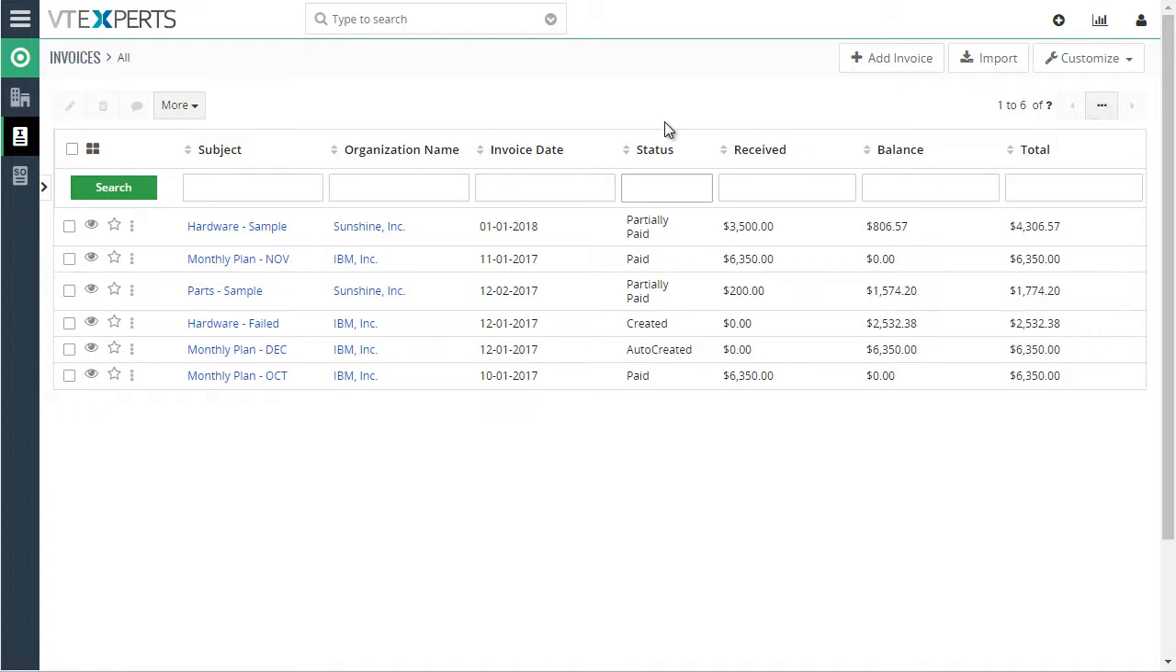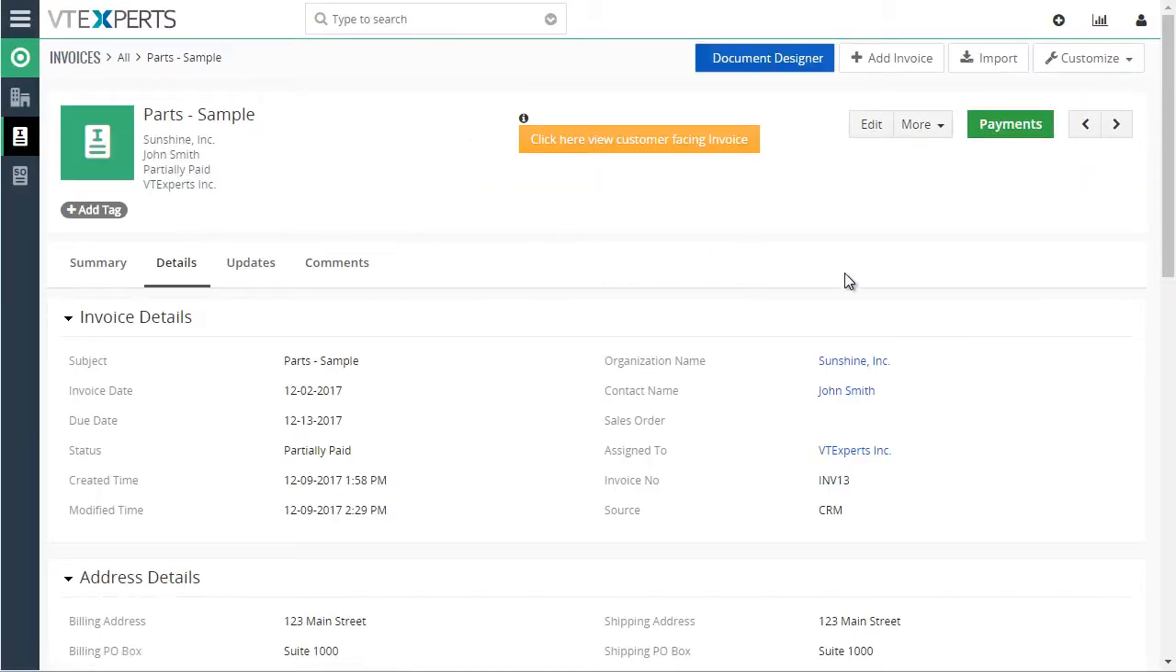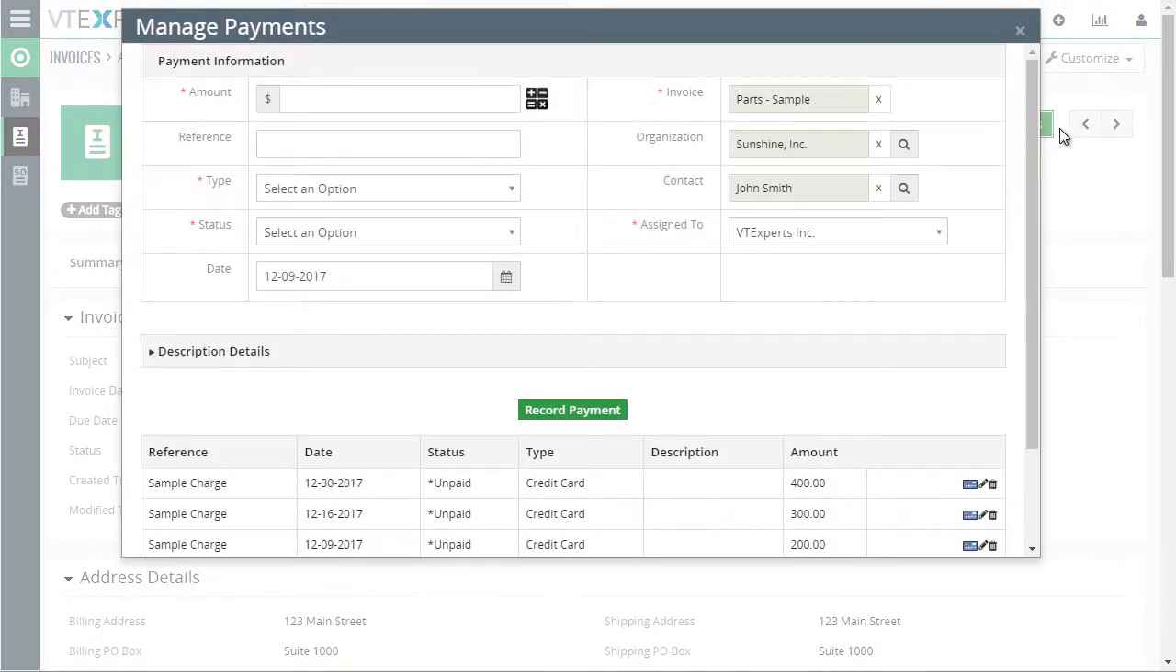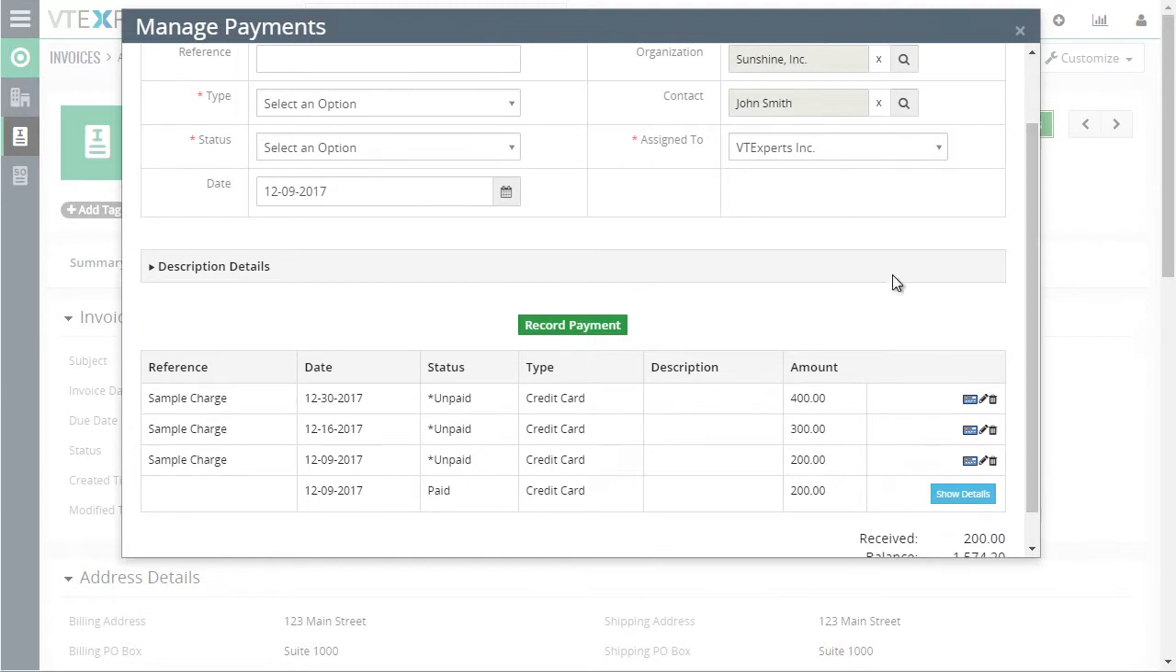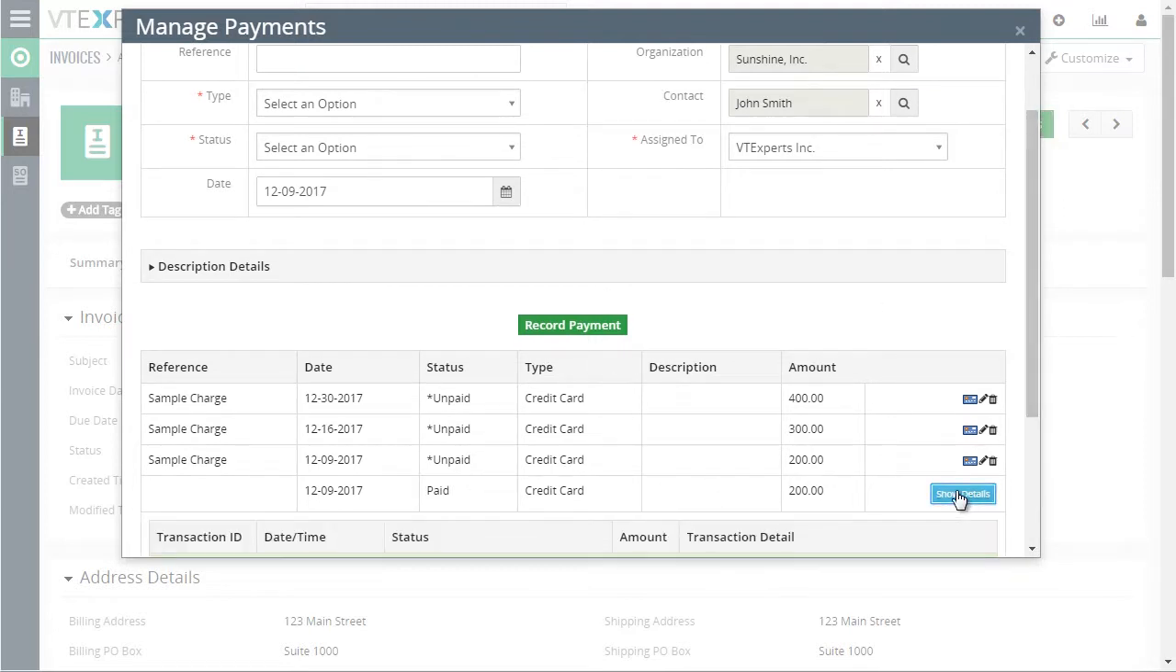First, let's focus on the ability to pay invoices online. For example, let's open up one of our invoices we created, and we can see we have payments section. That's where all the payments are stored. So if we click here, we can see that we have 3 unpaid payments and there's 1 paid